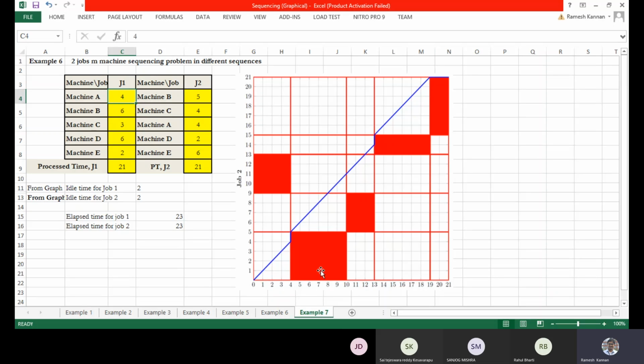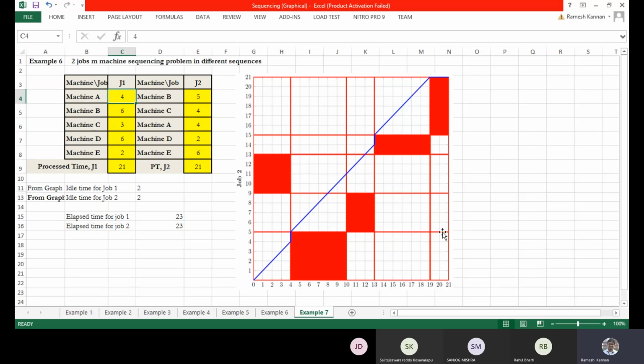Okay. This is A, B, C, D, E. Since the order is not changed, it is A, B, C, D, E. But for job B, the order is different. It is not A, B, C, D, E, but instead the first job is B. This is job B, 5 duration. So 0 to 1 is 1, 1 to 2 is 2, 2 to 3 is 3, 3 to 4 is 4, 4 to 5 is 5. So this is 5. This signifies not A but B.